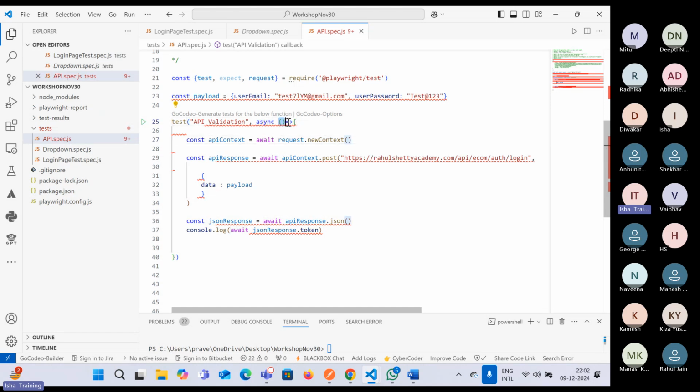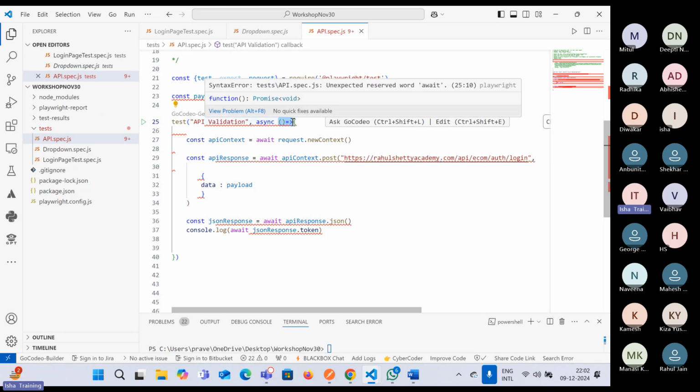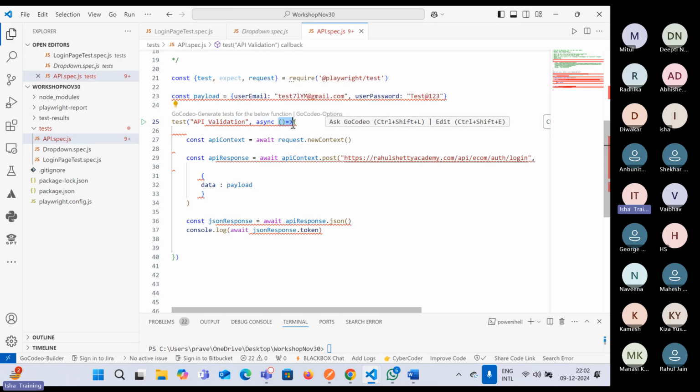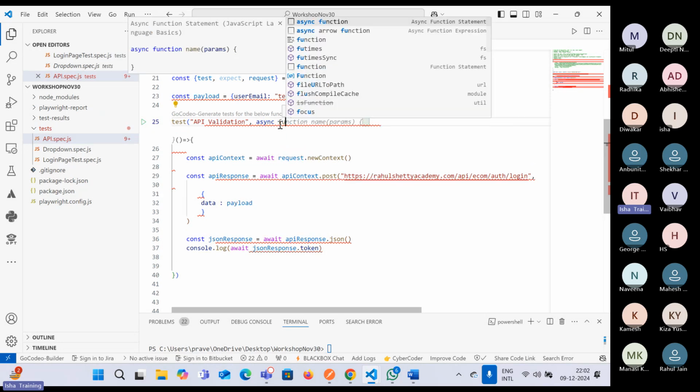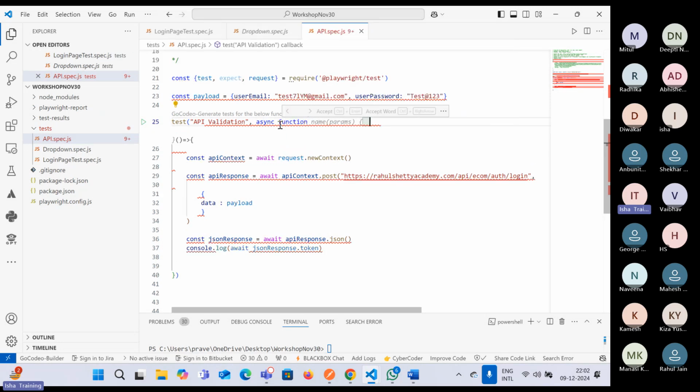And second thing, whenever you talk about this one, this is an arrow function in JavaScript. We'll also try to understand in detail what are different types of functions in JavaScript, how do we declare a function, and so on. One way is by just writing this. Second way is you can also use a function keyword over here. So if you use a function keyword, then we have to remove